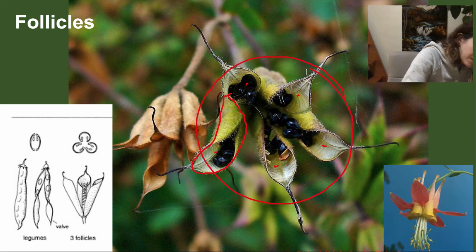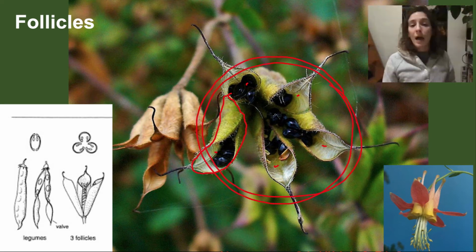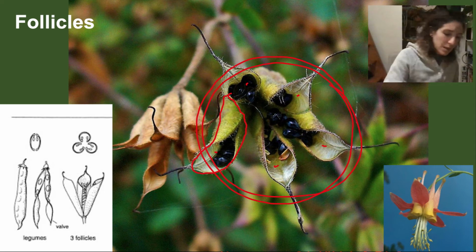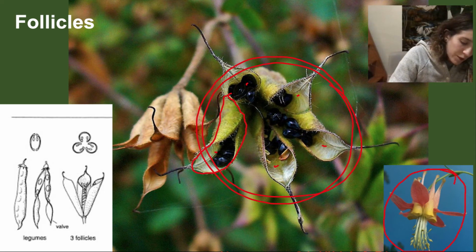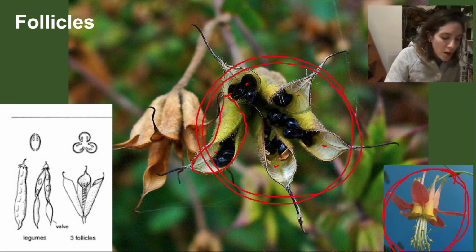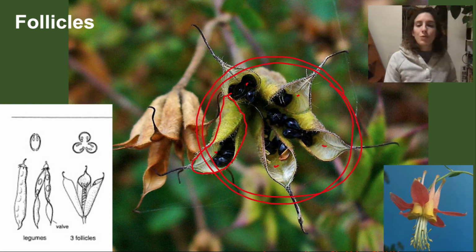All 5 of these came from a single flower. That might be weird and hard to believe, but it is. And to help you believe that, I've attached a picture of the columbine flower, that these 5 follicles are derived from that one single flower. So that means that those 5 carpels are separate, or these 5 ovaries are separate. That's the difference between a follicle and a capsule,